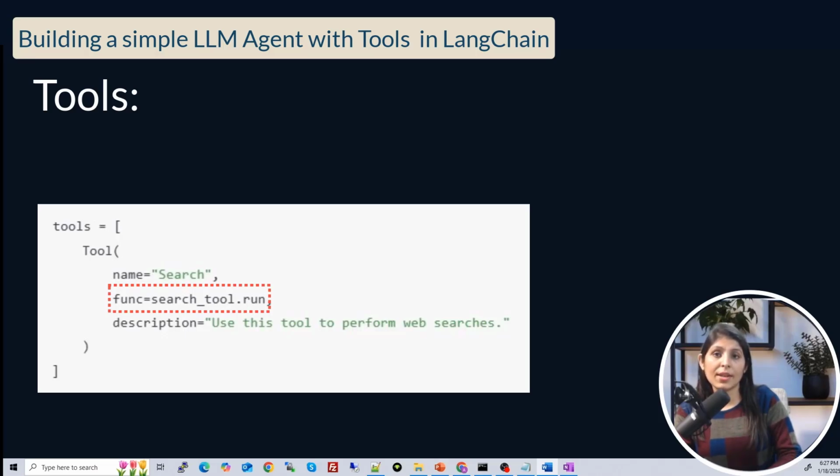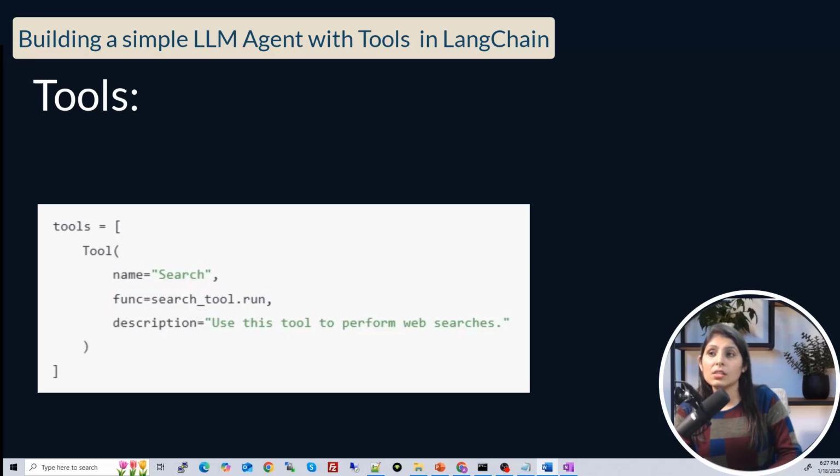This means whenever the search tool is selected by the large language model, it will call the run function of the search tool, and search_tool.run is the logic that performs the web search using a SERP API. There is an API named SERP API using which you can perform the web search, and this search_tool.run is the logic that performs that web search.